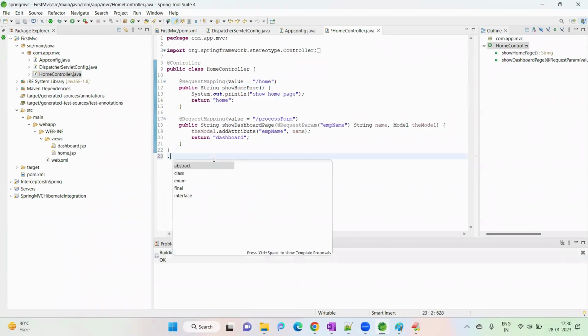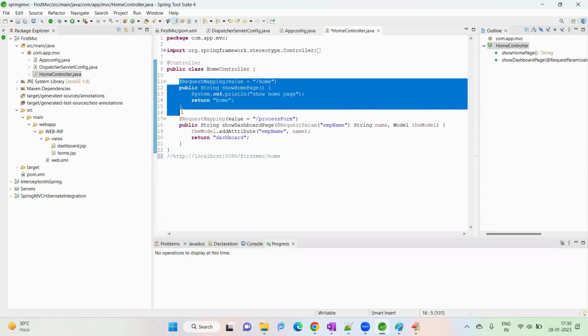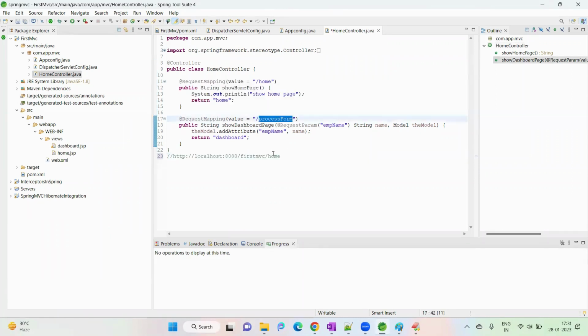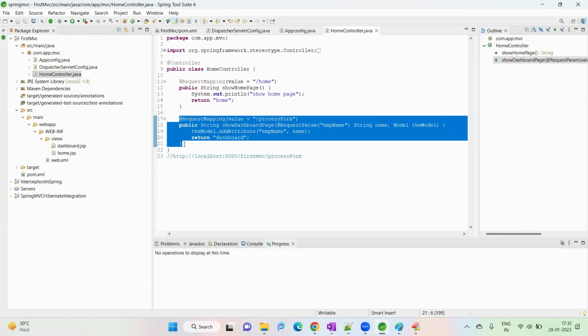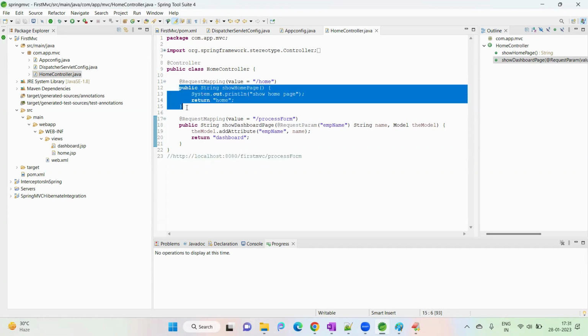How is it? HTTP://localhost, port number, anything, I'm writing 8080/project name, first MVC, /home. If I give home, this request will trigger this method. If I give process form instead of home, it will trigger that method. So to bind an HTTP URL to our Java method, we can use the request